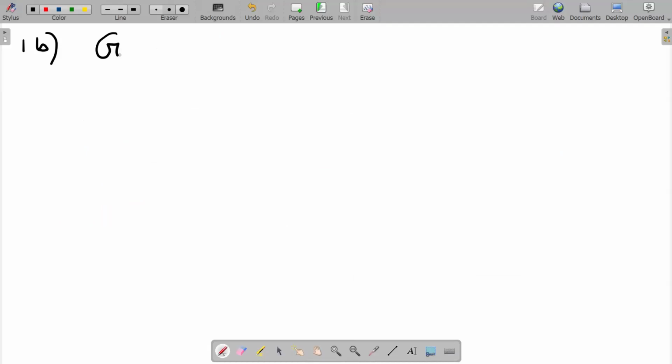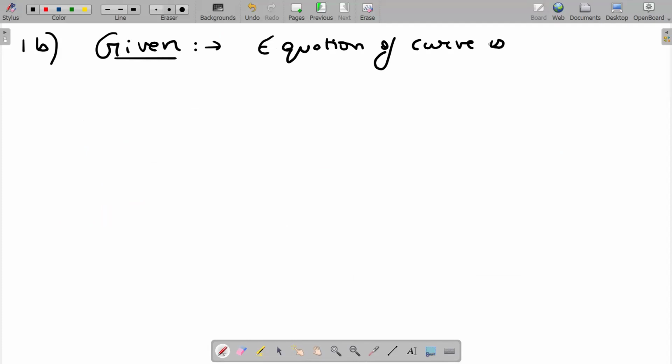Let me quickly write what is given to us. We are given the equation of the curve. The equation of the curve is x to the power 2/3 plus y to the power 2/3 equal to 1. We have to show what? To show